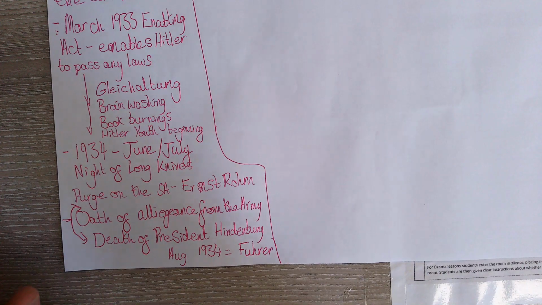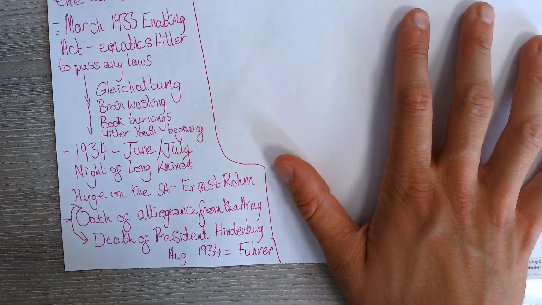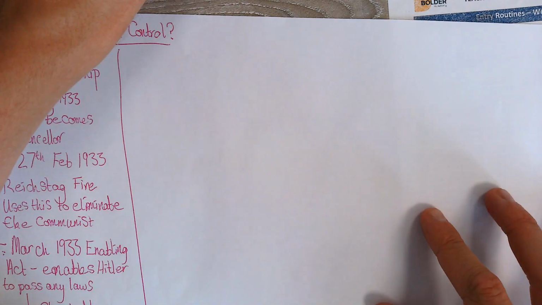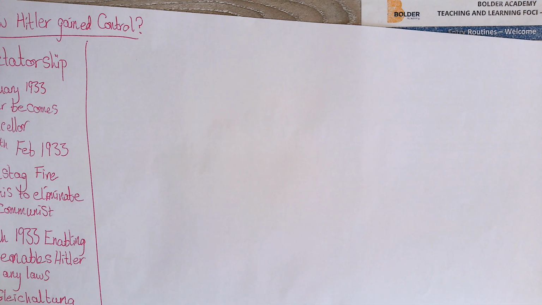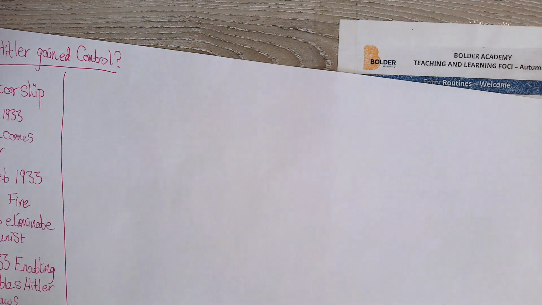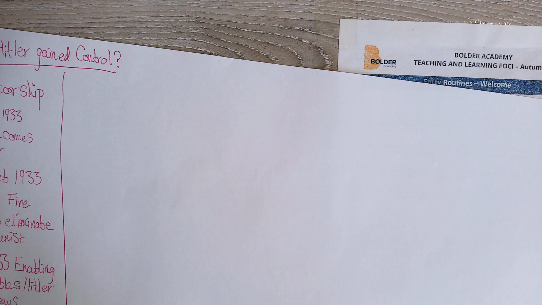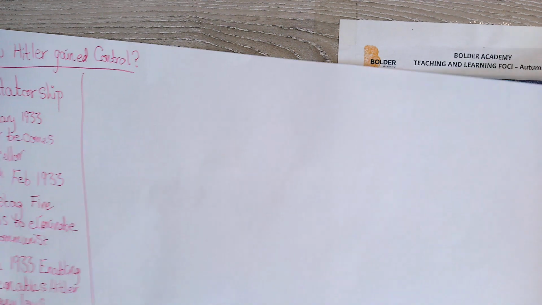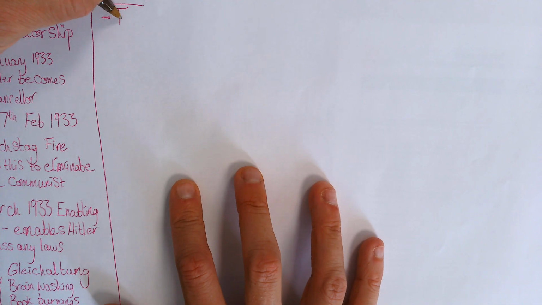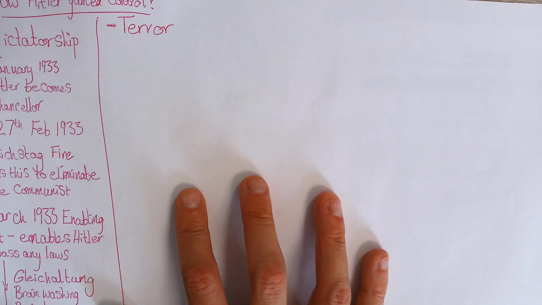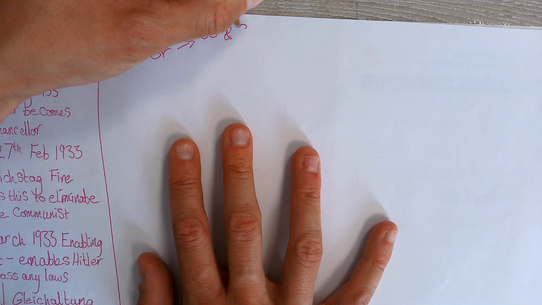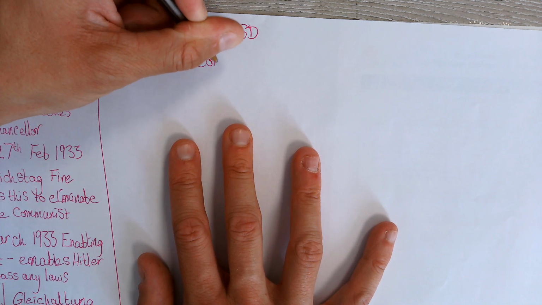Okay? All right. So that's how he becomes dictator, but there's still opposition to the Nazis. He still needs to convince lots of German people that the Nazis are right for Germany and right for them. So the next unit, the question we asked was, why was it so hard to oppose the Nazis? Or I guess we might say, how are the Nazis gaining control? And in basic terms, one way that they're doing it is through terror. And so this is things like the SS and the SD, or concentration camps.